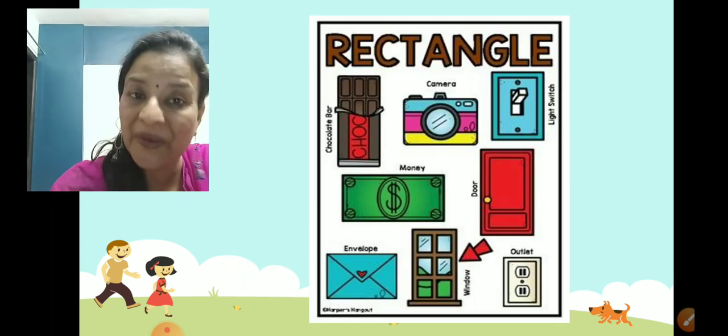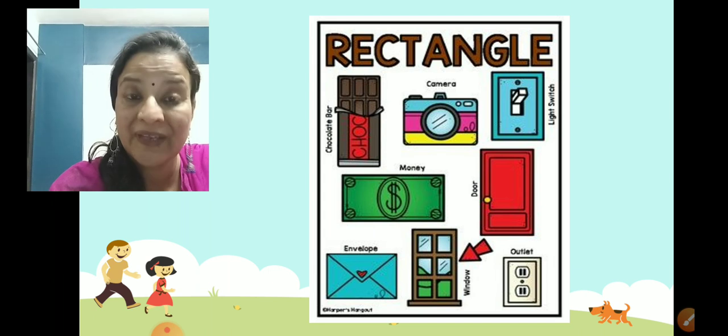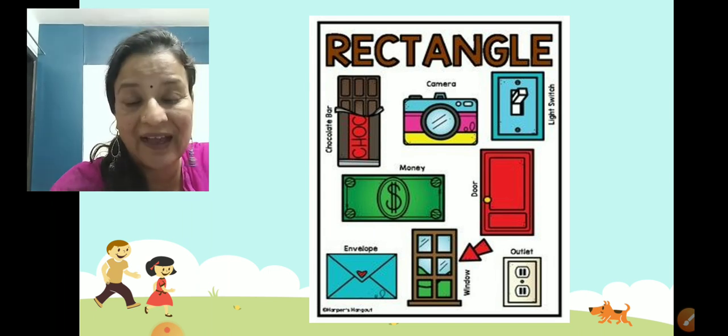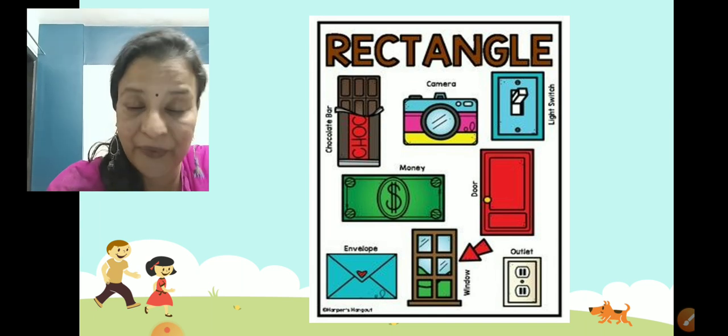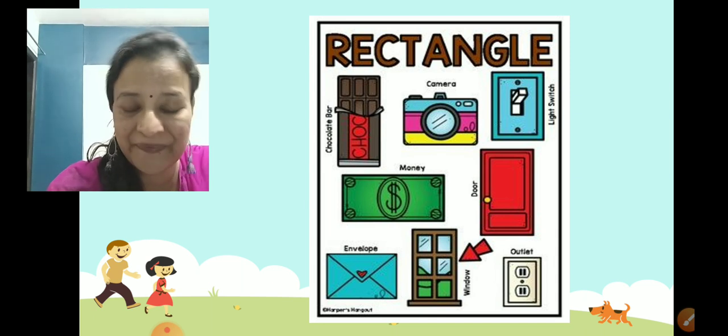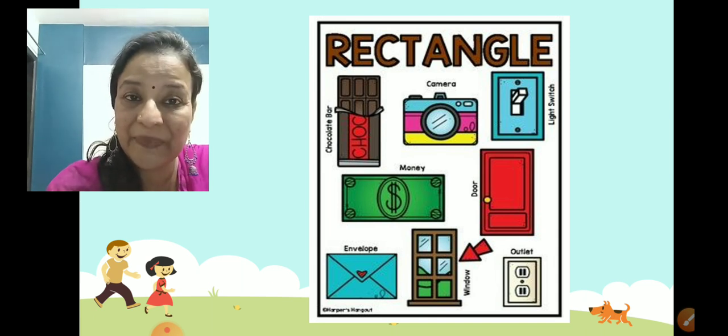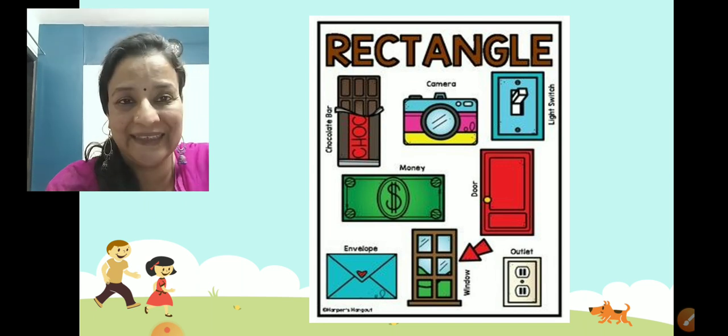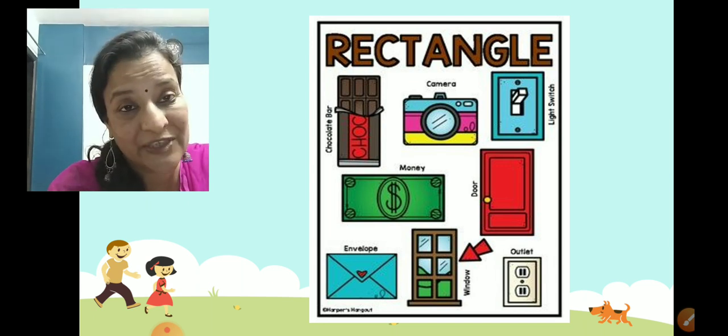And rectangle, this has four sides where the opposite sides are equal. Two are long and two are short. Yes, like a window, or a chocolate bar, or a rupee note. So all these are examples of rectangle. So we saw the four shapes.